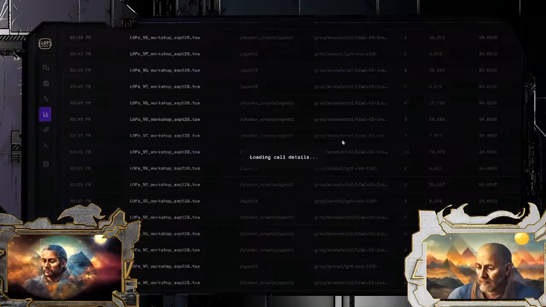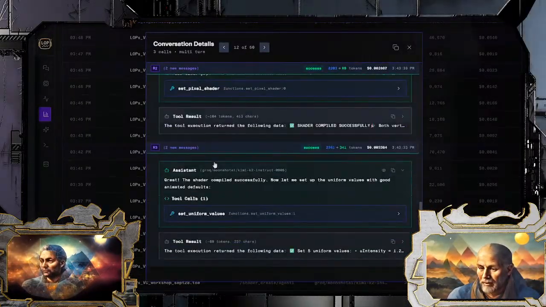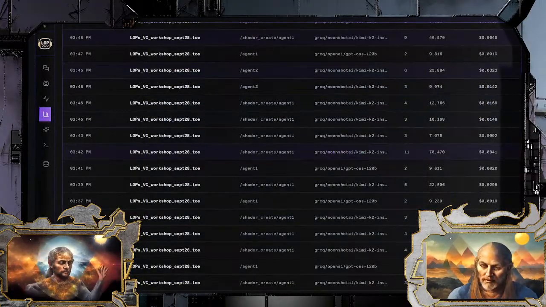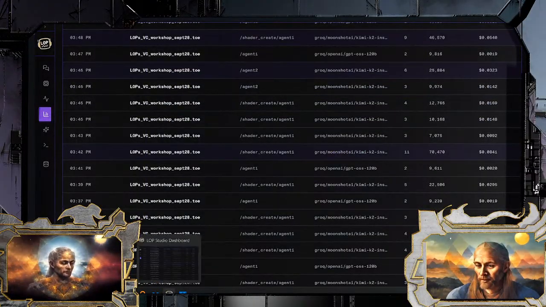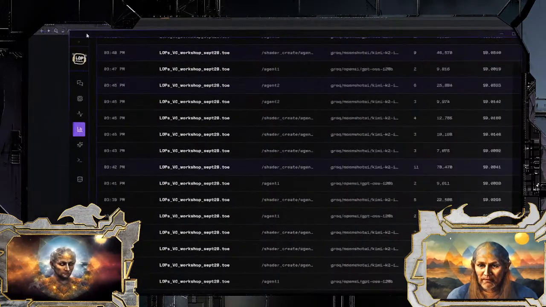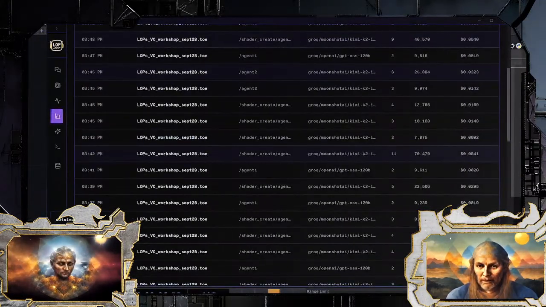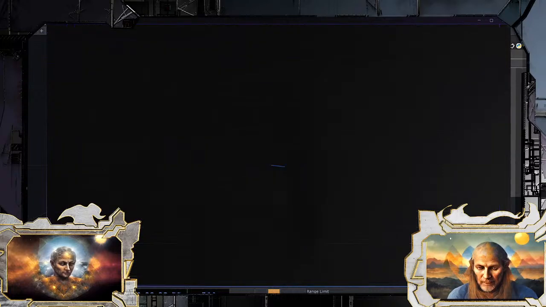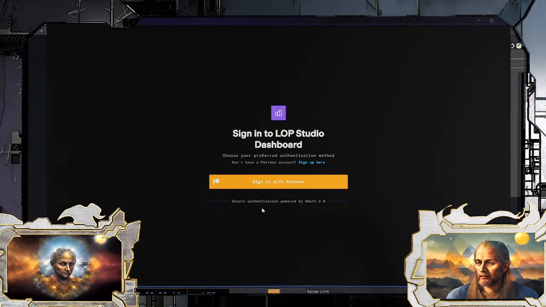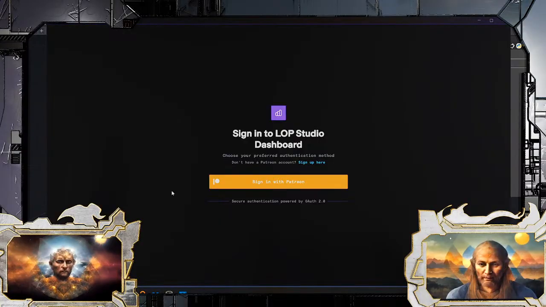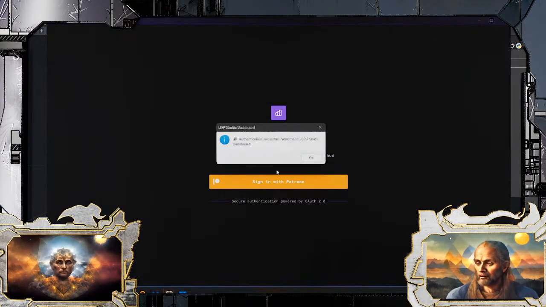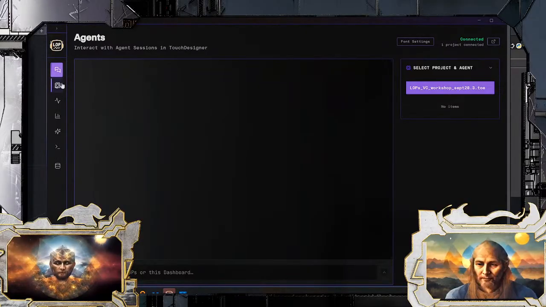Oh damn, that's crazy. So is that just like a little web GUI thing? It's a full app. It's a Tauri based thing. It's got an installer. It has Patreon authentication. If I sign out here, it's going to yell at me, and then I have to sign in with Patreon. This will come out at some point. I don't know when.